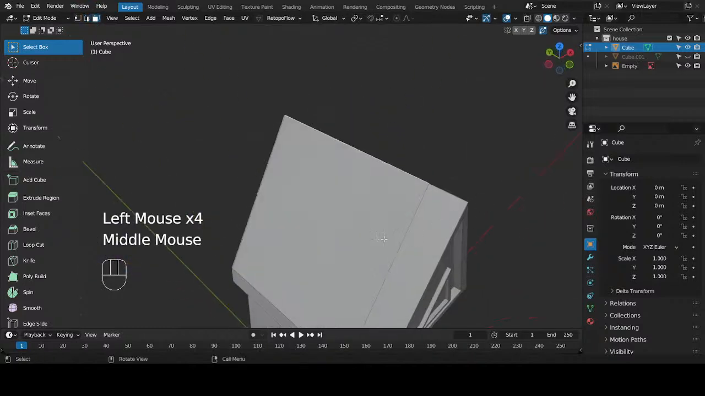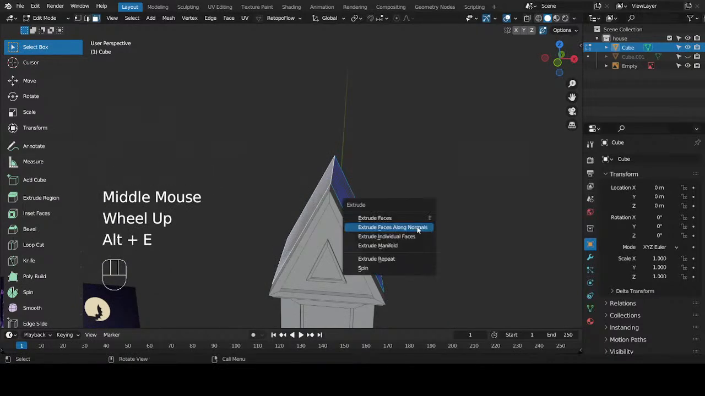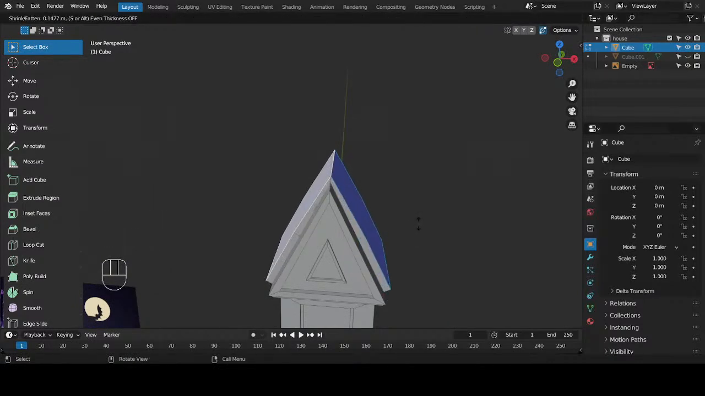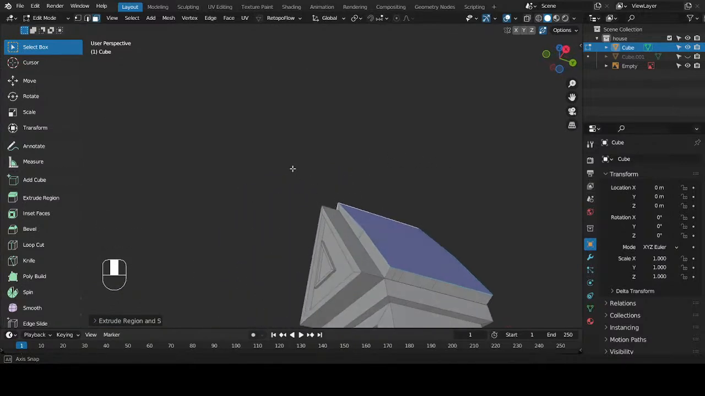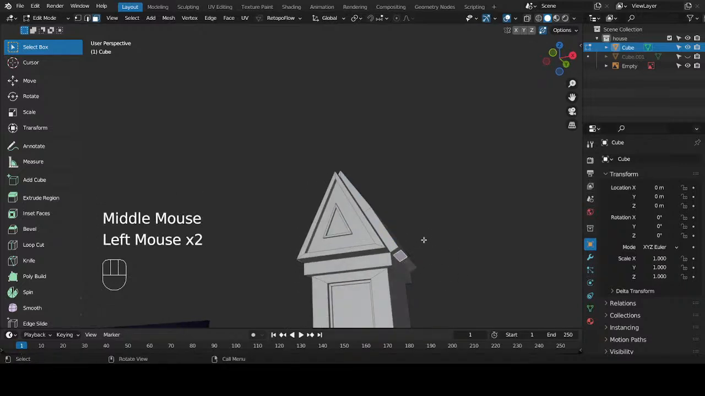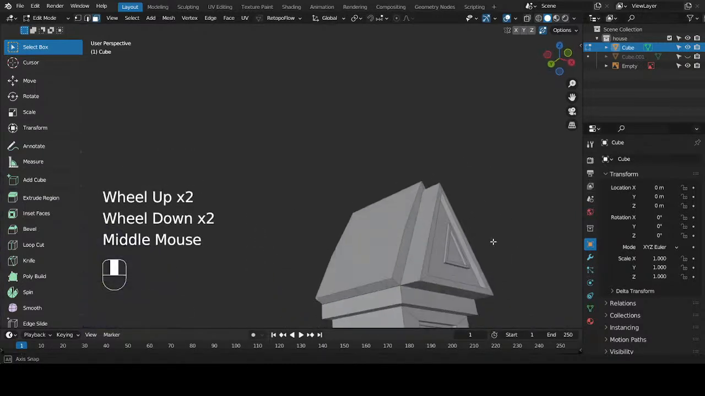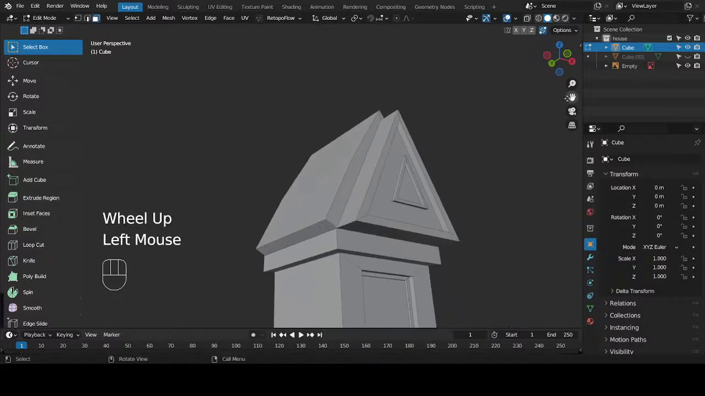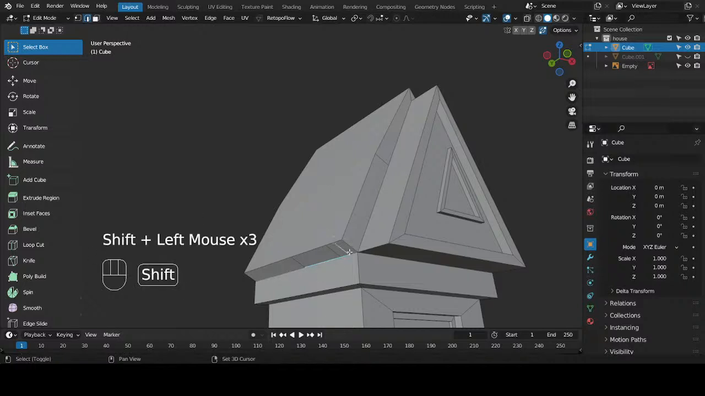Let's move to face select, select these faces and hit Alt E to extrude. Now you will see that some of the vertices are not properly aligned, but anyway it will work. You can tweak these vertices later on. You can hit edge select mode,